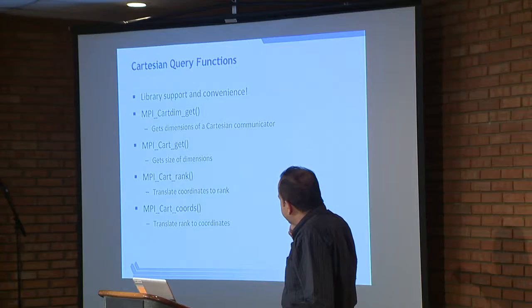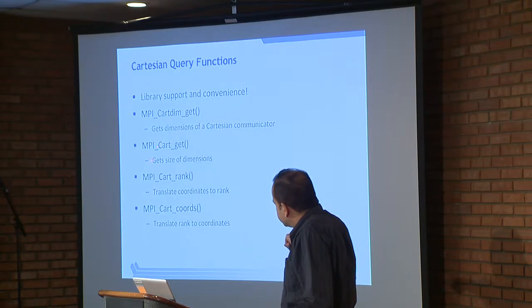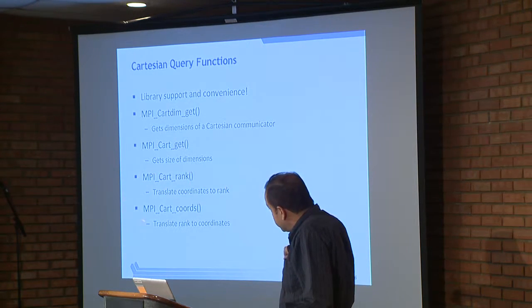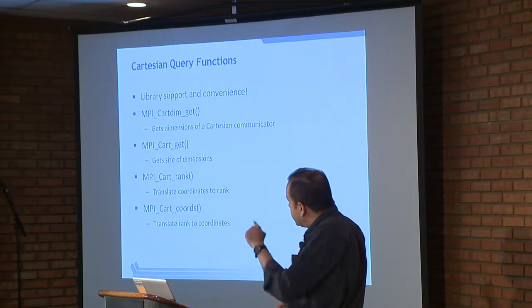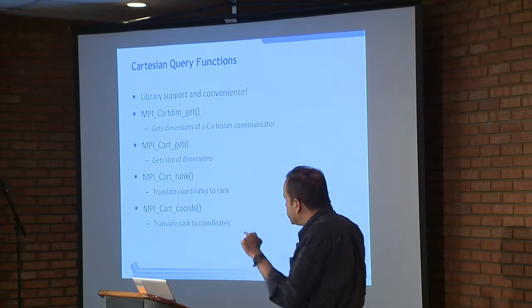How does the library know what was attached to it? So you can get the dimensions of the Cartesian topology, the sizes, and these functions are useful in user code as well. The translate